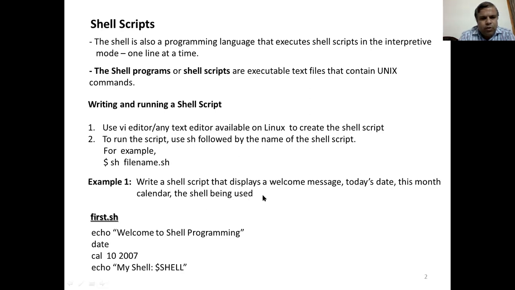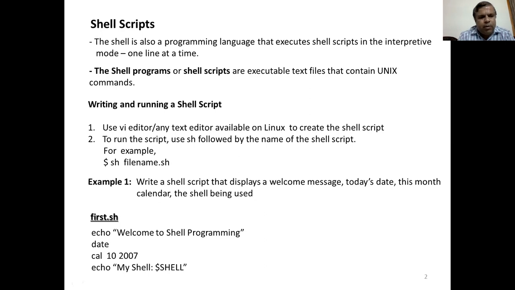And the shell being used, the current shell being used by the user. So as you know that it is found in an environment variable called SHELL. Okay, so how to retrieve the value of this variable SHELL? Prefix with $. Okay, and use the echo command to print the value of this variable. So echo, say my shell, this is the string that will be displayed as it is on the screen, then the value of this variable. So that will give the current shell being used.